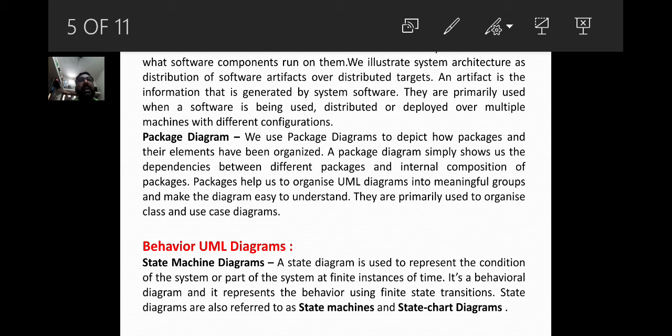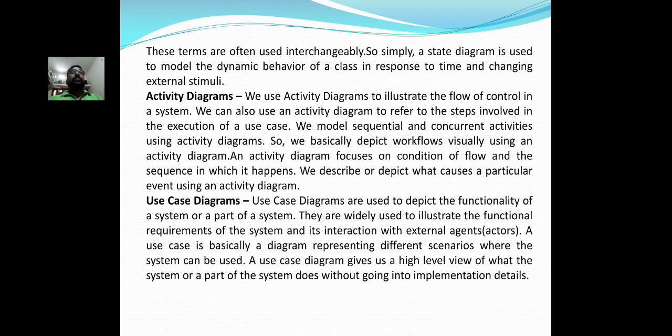State diagrams are also referred to as state machine and state chart diagrams. These terms are often used interchangeably. So simply, a state diagram is used to model the dynamic behavior of a class in response to time and changing external stimuli.